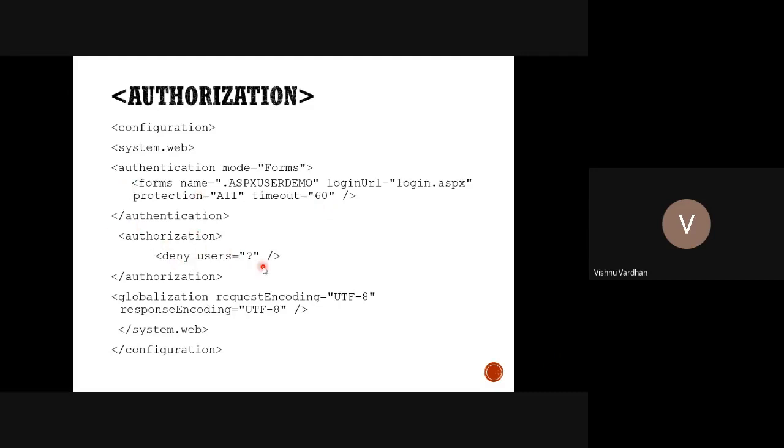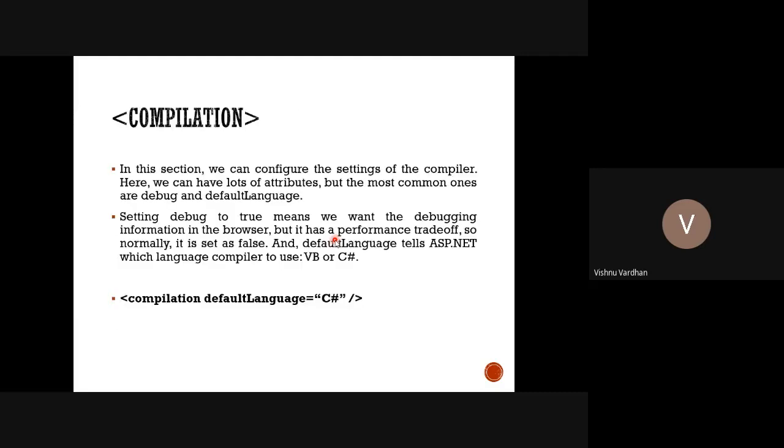Then authorization, deny all the anonymous users. Question mark means all the anonymous users. So there is a resource which you do not want to expose to all the anonymous users. Only logged in users or recognized users are having those features. So in that inner folder of free users, you will be putting the setting deny users question mark. So until they authenticate themselves, they cannot acquire that resource. In that way, automatically it will be applicable to all the anonymous users. So in these ways we can implement some restrictions on the serving of your resources for the end users.